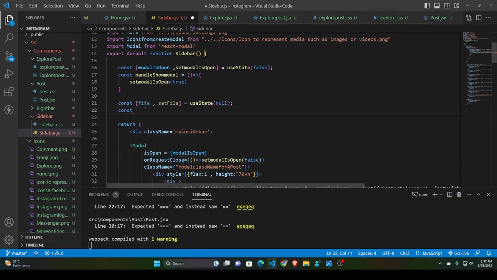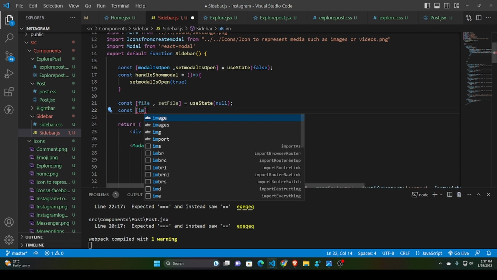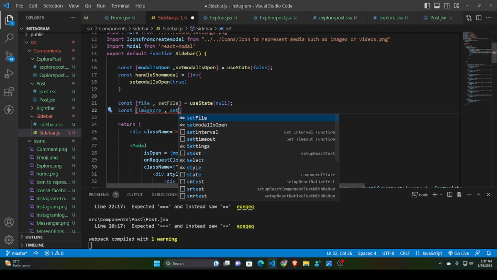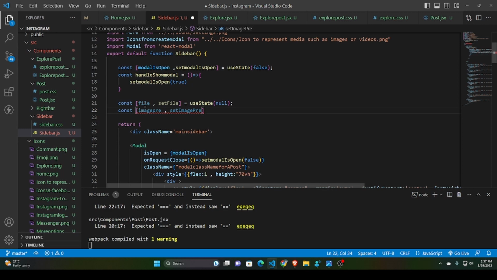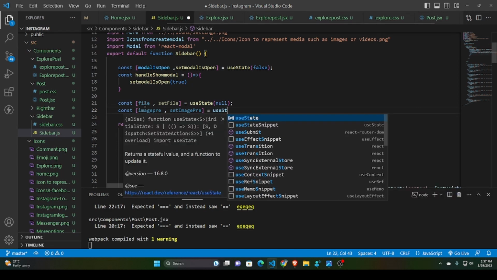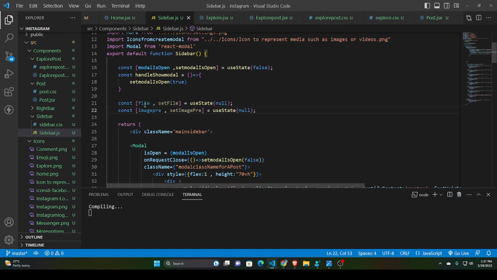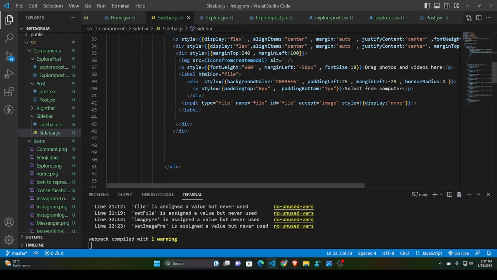Let's write a const image preview. Okay, so let's go back in our module, and here let's write an onChange, onChange. Let's write a